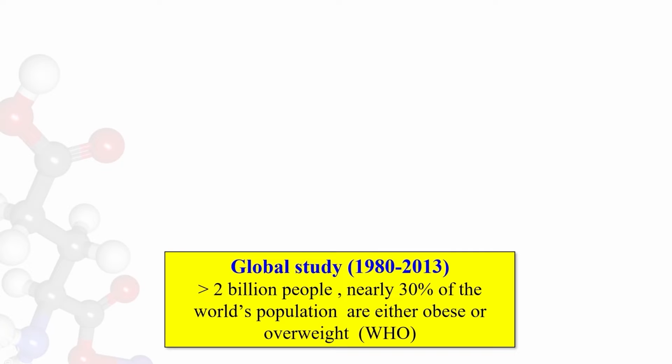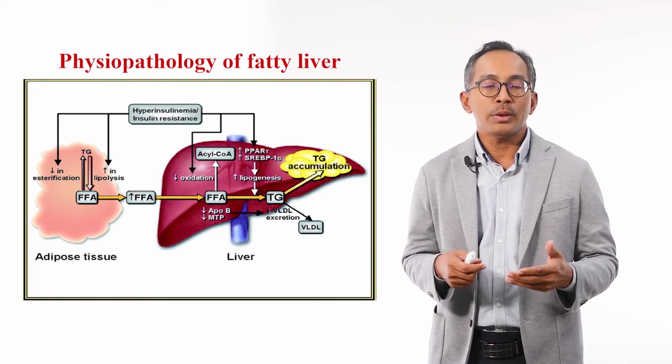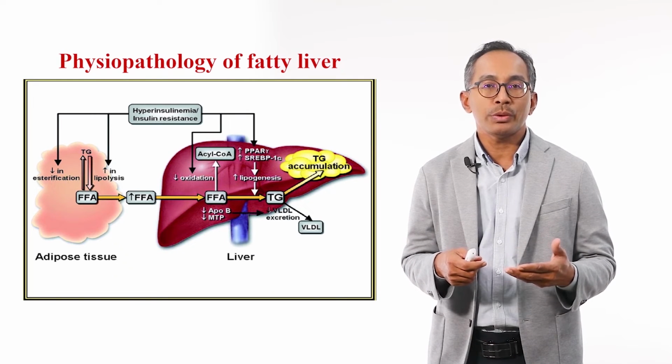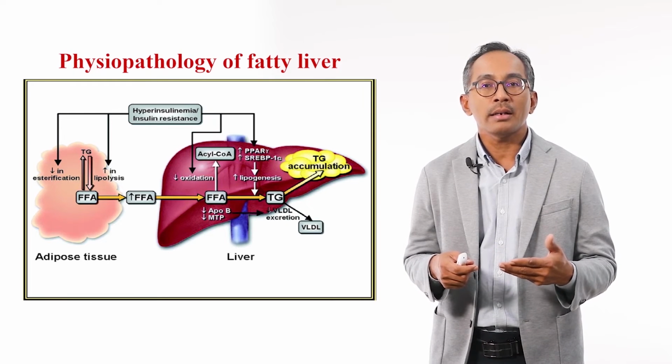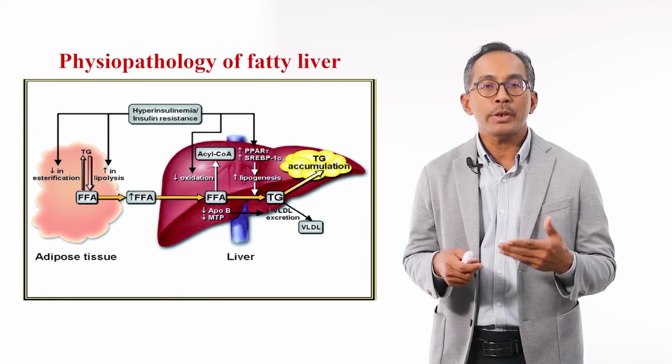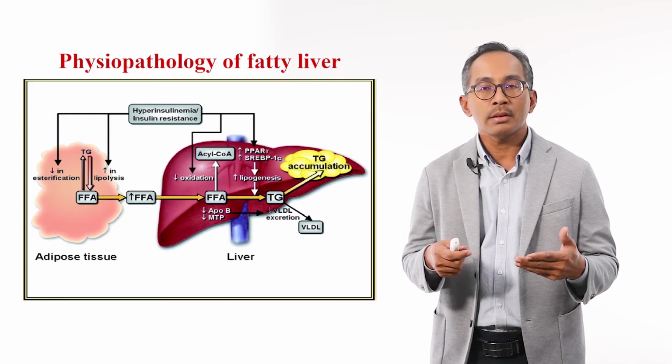Looking at global obesity, a study of about 2 billion people in the world shows nearly 30% of the world population are either obese or overweight. In the physiopathology of fatty liver, the high fatty acid in our adipose tissue goes to the liver. Due to the increase in lipogenesis, there will be accumulation of fatty acid in the liver, which leads to